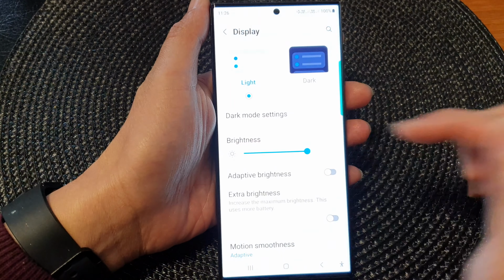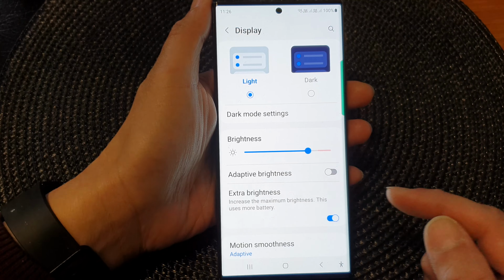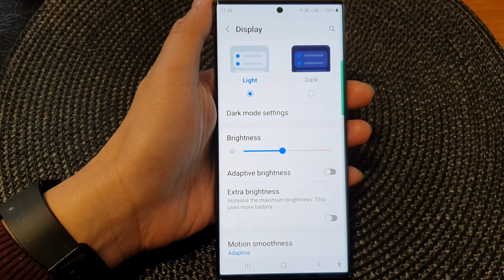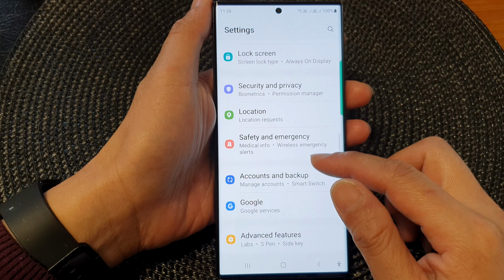And here you can turn up the brightness, and you can see if I turn on extra brightness, it is now extra bright. So make sure extra dim is switched off, and that is what is causing your screen to go too dark. Again, it is in accessibility,